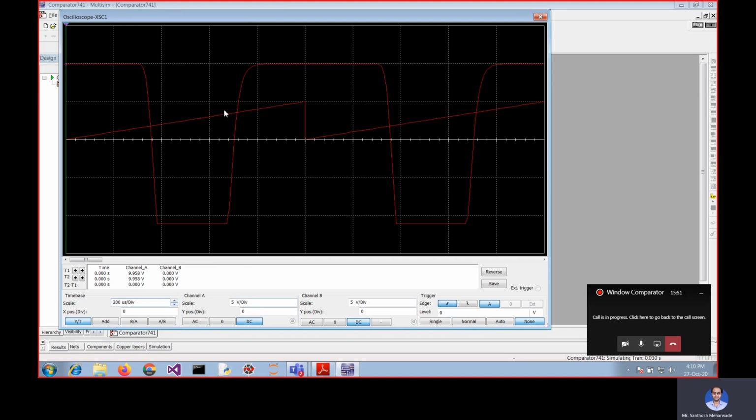So here you can see that the top part is the UTP and the bottom part is the LTP. This triangular waveform is your input waveform, and this kind of square waveform is your output waveform. So let us see whether we are getting the UTP and LTP values. This timeline 2 will be used to read the LTP. You can see the intersection point. It will take some time. Finally.